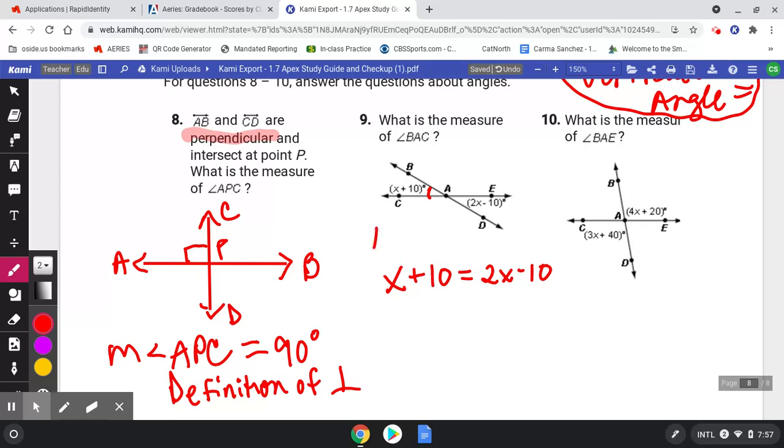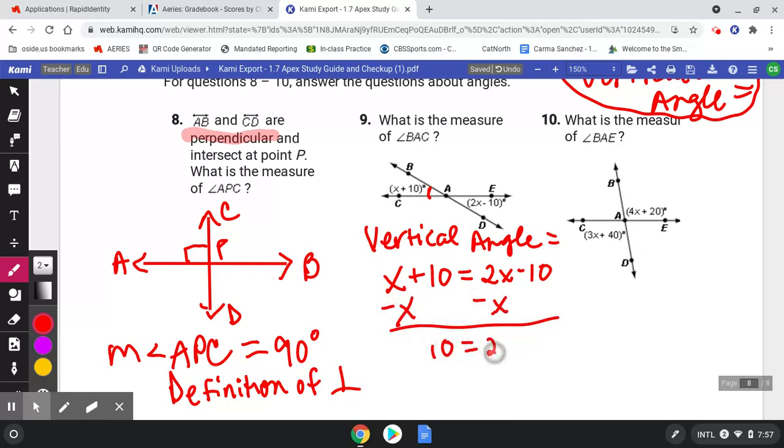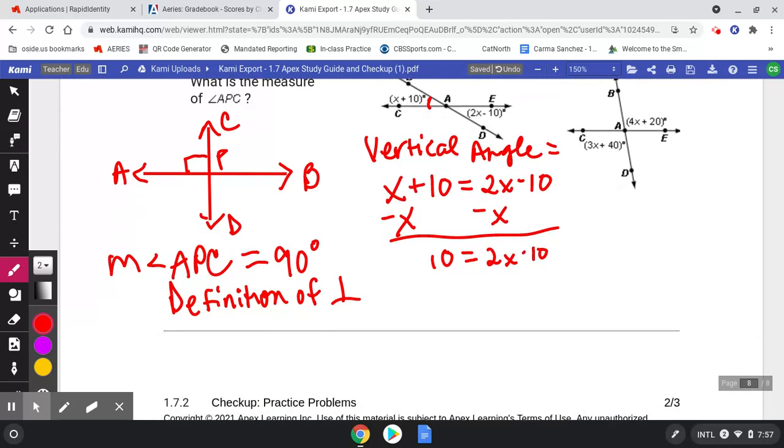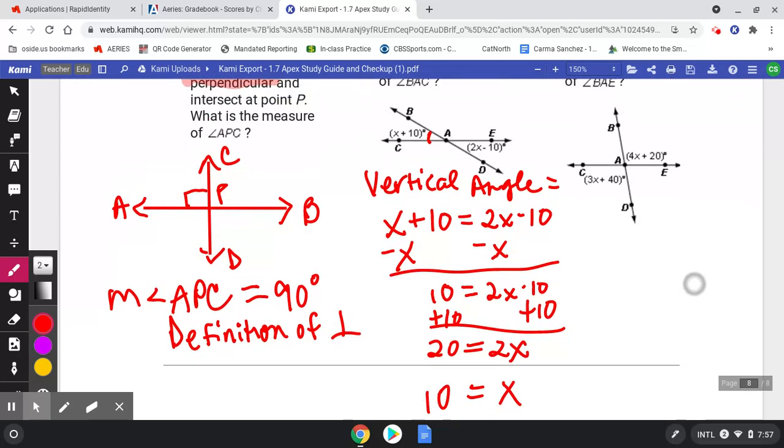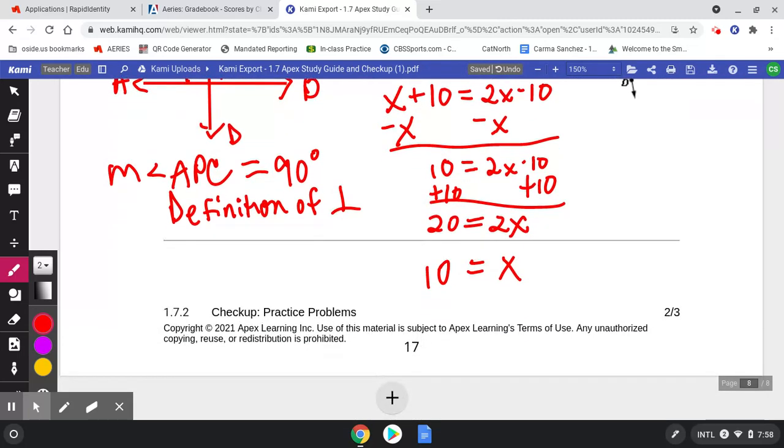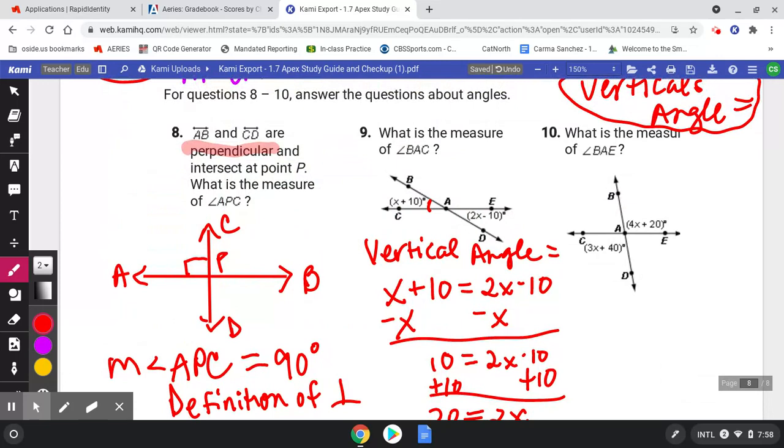Now, why can we do this? Because those two equations are in vertical angles. And so here I go, minusing x. And then adding 10. I get 2x equals 20, or x equals 10. Now that's not the answer, that's just x. So now we go measure of angle BAC is equal to x plus 10, and I got that x was 10. So the measure of angle BAC